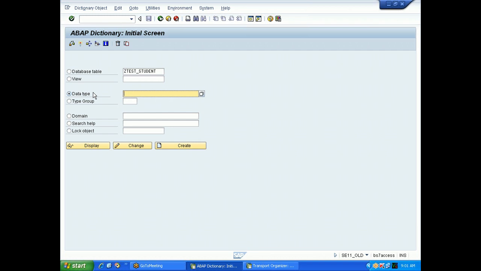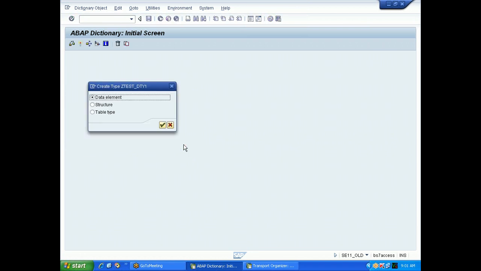Okay, so now if I issue a data type here, I'll give something like Z test data type 1. I'll click on create. What are there?